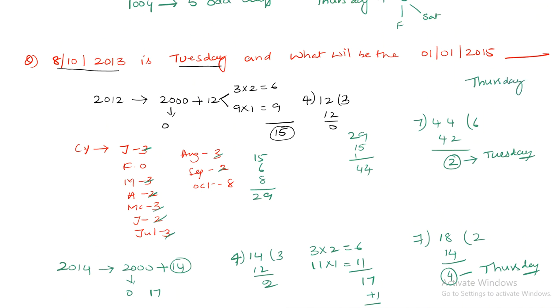Okay, suppose in the exam they will ask a similar question like this. Suppose 8th October 2013 is, for example, Wednesday, then what will be 1/1/2015? So here for Thursday you are adding one more day to get Wednesday. The answer will be Thursday plus one more day, it is going to be Friday. So likewise, however many days you are adding, the same number of days will be added here.